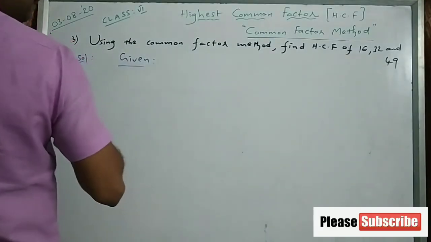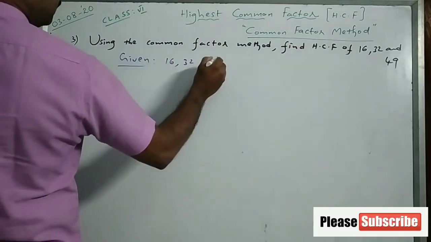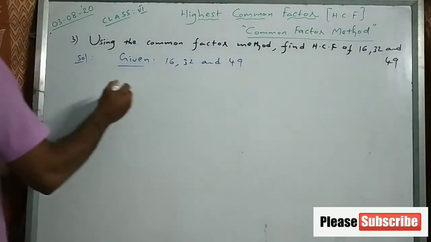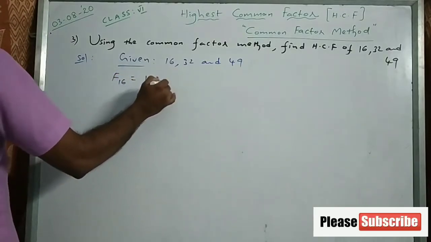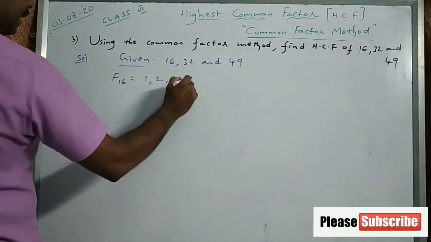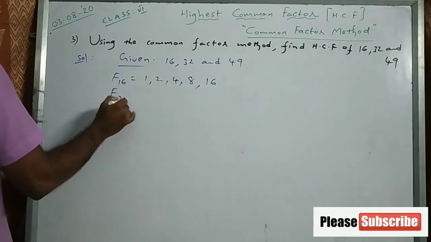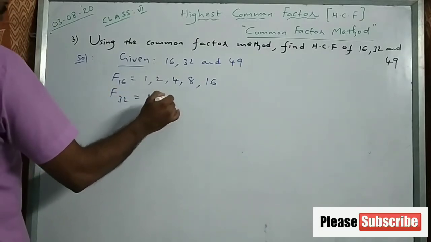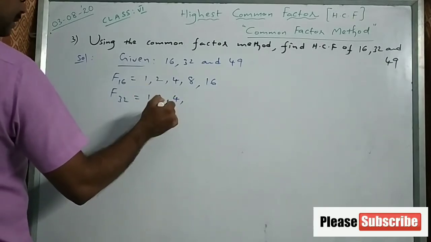So what are the given numbers here? 16, 32 and 49. Now find out the factors of 16. 1 will go, 2, 3 cannot go, 4 4s are 16, 8 2s are 16 and 16 1s are 16. Factors of 32: 1, 2, 3, 4, 8 4s are 32, 5, 6, 7,